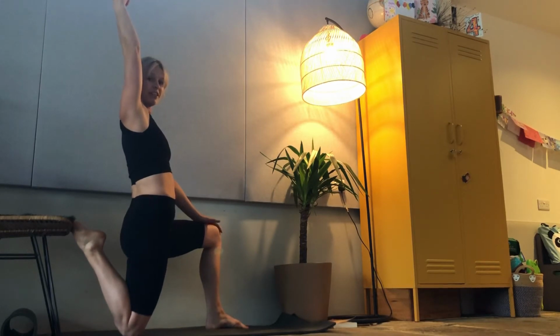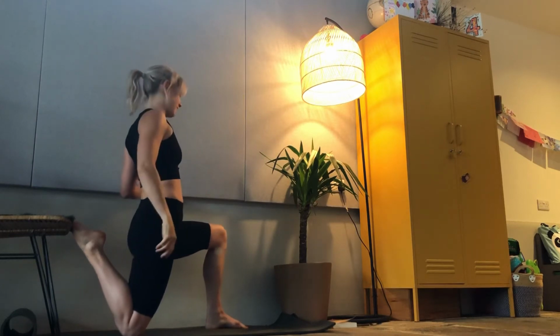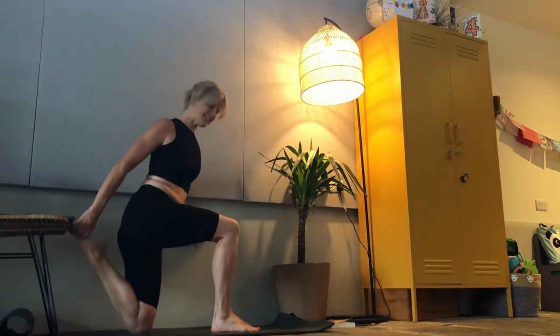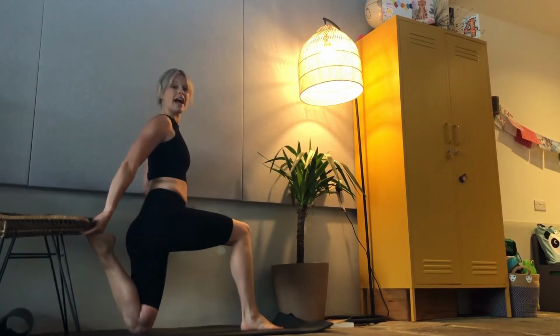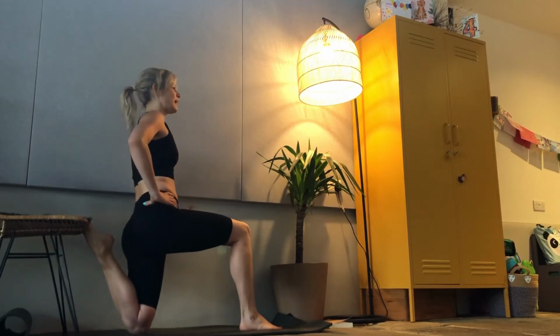We're going to hold it for 30 seconds. Over that time, getting creep through the muscle and letting it stretch out a little bit further. And then you're going to change sides. So you can step up, and then you can use your hand to help you pop your foot up onto the chair. Step through, and again, play around with how it feels to stretch through your thigh, lean back, top